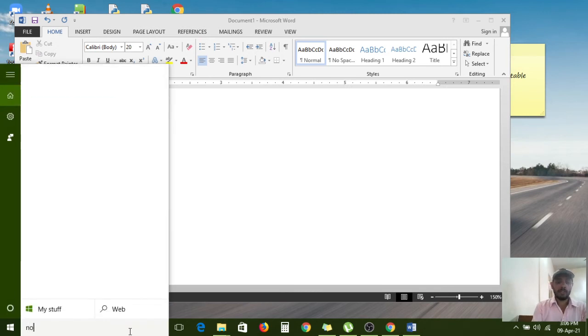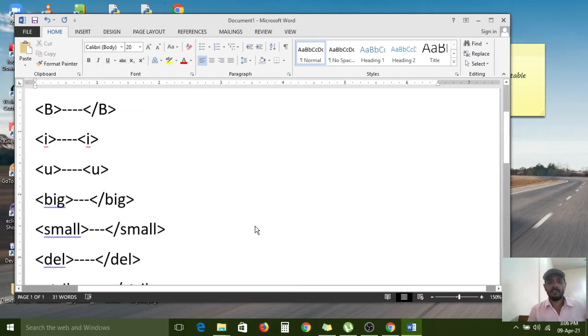For that I am opening one notepad window. All of you first carefully observe. This is completely a Microsoft window, no? Microsoft Word window. This B, this I, this U. What is the meaning of these three letters? First one is bold, second one is italic, third one is underline. It is MS Office Word.